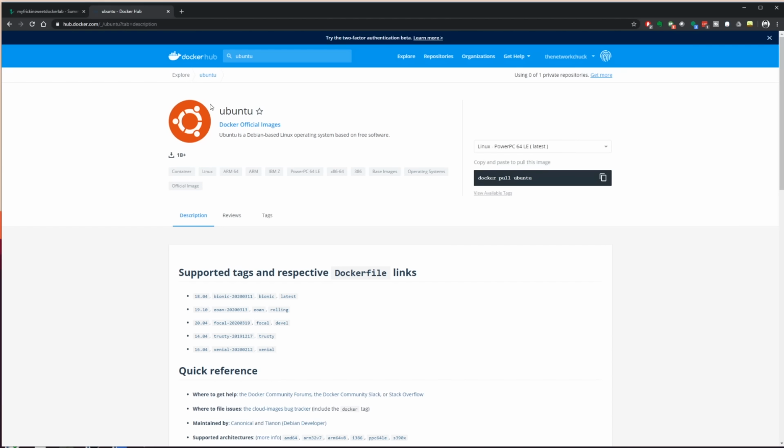But using this image, I want to demonstrate the power, the amazingness, is that a word? Yes, it is now, of Docker. Let's do it real quick. So first, I want you to pull down my image. Now to find it, let's go to Docker Hub. It's hub.docker.com.